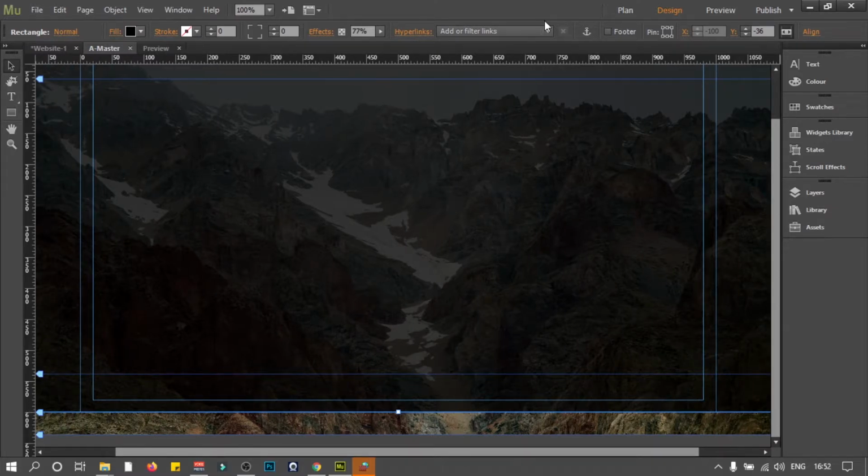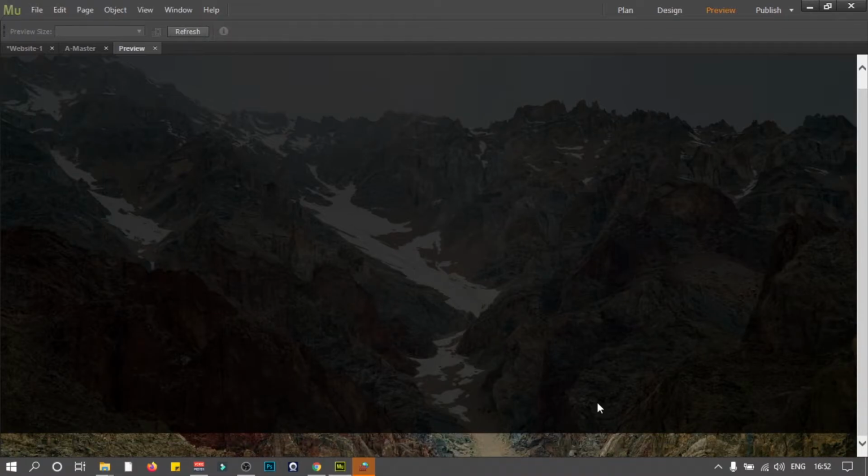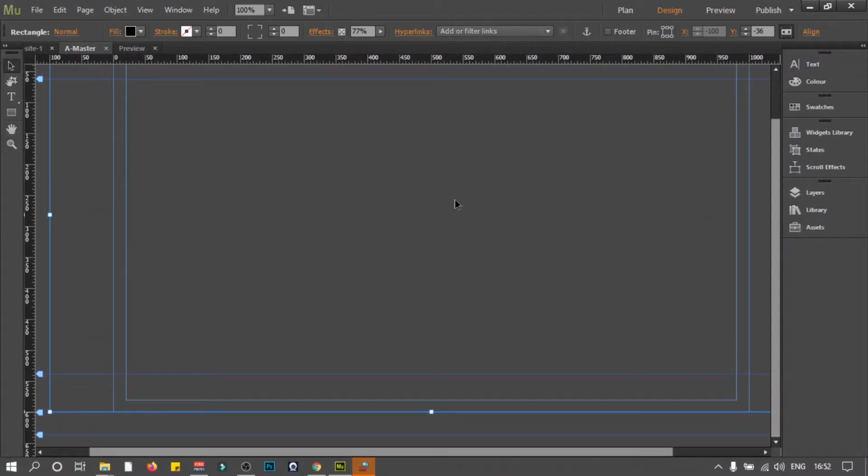And then I'm going to go back, hit preview again. And as you can see, our entire page is covered, leaving just this little portion of the screen down there, but our entire page is fully covered. So to make it more attractive, I think we will just cover the entire